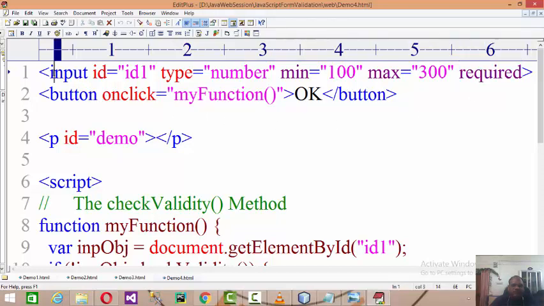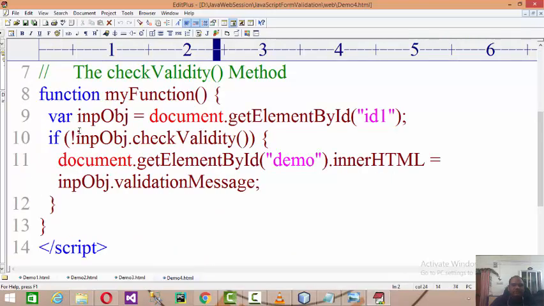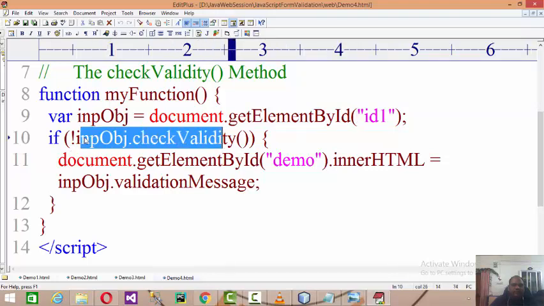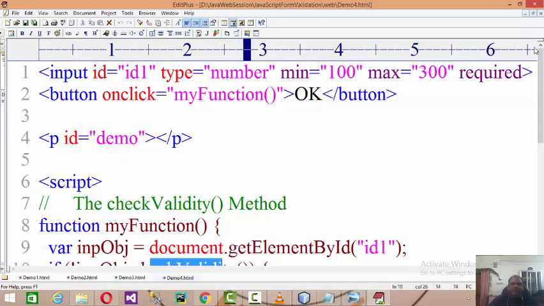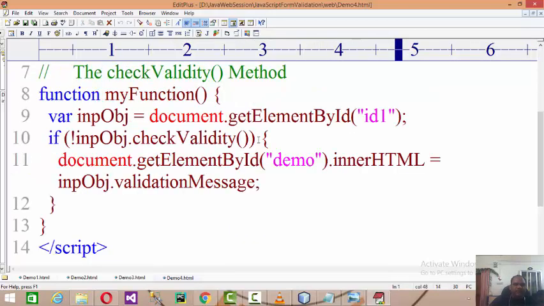So this is the input with ID id1, and if you click on the myFunction over there, here document.getElementById id1, and then it will call checkValidity on the data which you read in the variable. checkValidity is a predefined function. It will check the validity, whether it's blank, whether it's within 300, and if you get true, then fine.